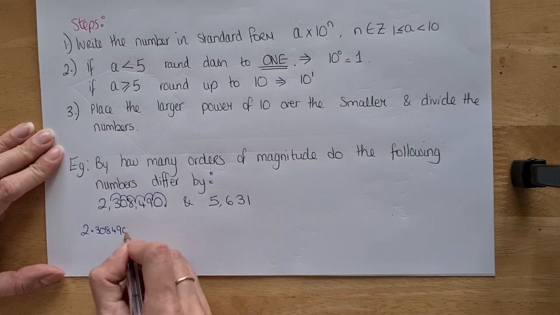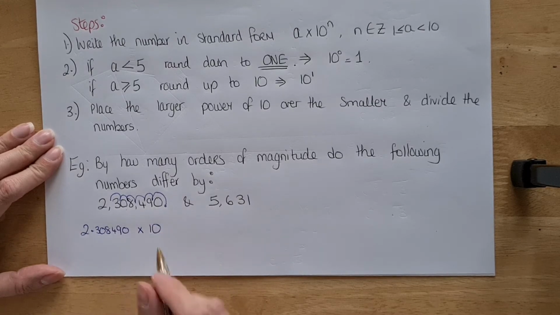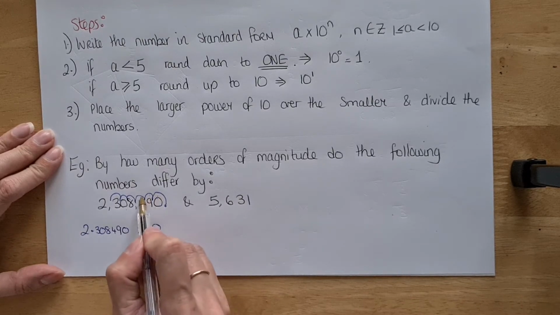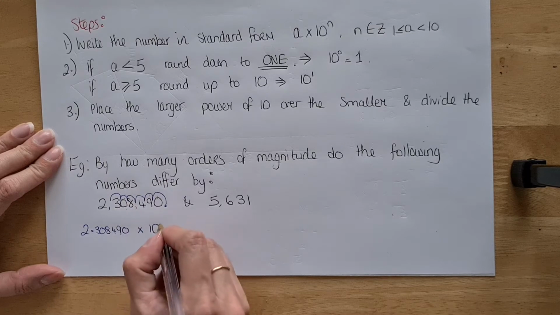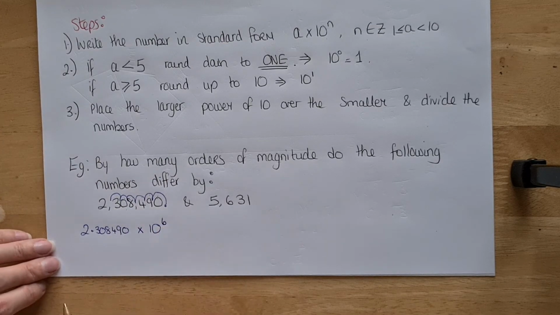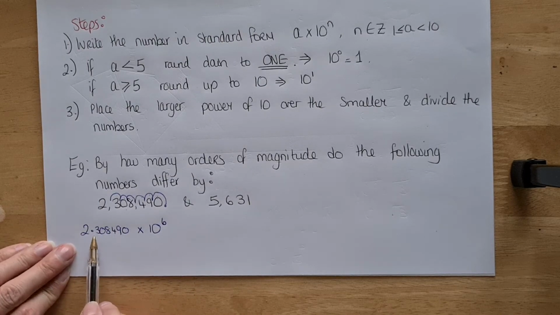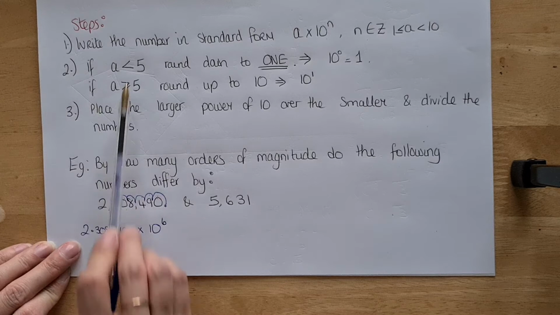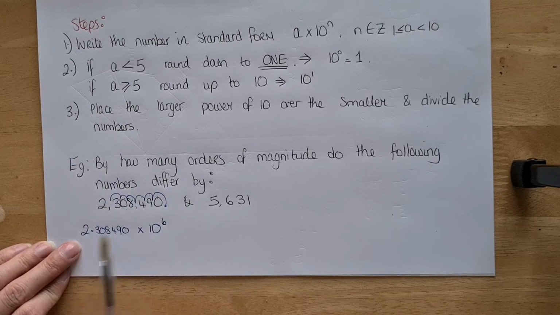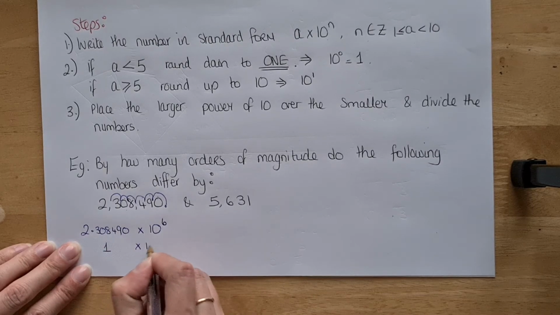So it's going to end up being 2.308490. You can put in the 0 if you want, it doesn't make a difference. Multiplied by 10 to the power of 6, because I brought it back 6 places to the left and it was a very large number to begin with. Now, this is your value for a. Remember from step 2, if a is less than 5, you round that down to a 1. So it's 2.3, which is less than 5, so I'm now calling it 1